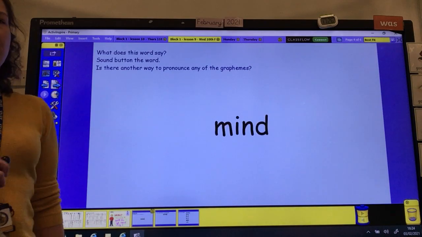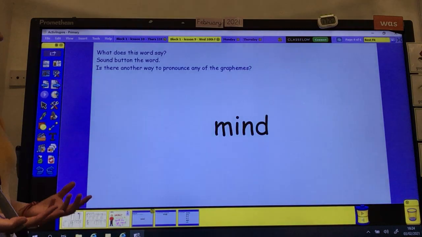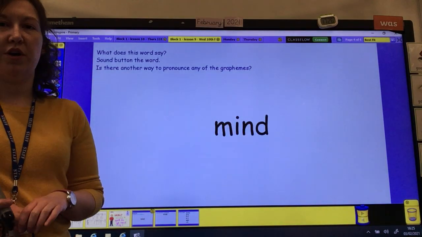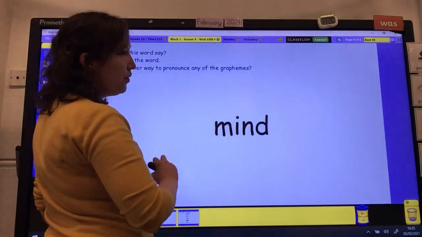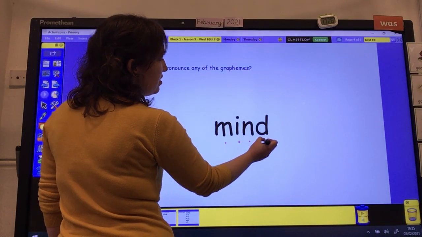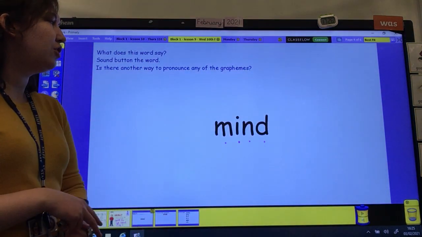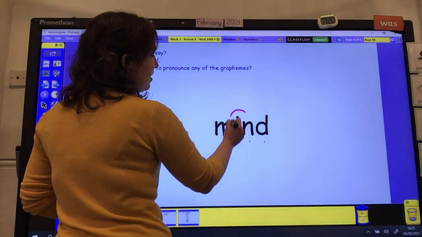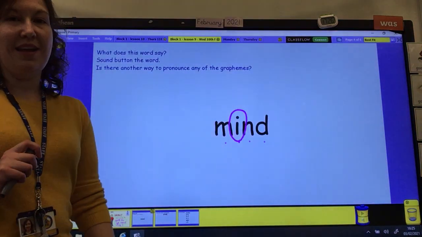So, does anybody know what this word says? Can you sound button the word? Is there another way that we could pronounce any of the graphemes that are in the word? So pause the video while you sound button it. Okay, well done. If you correctly sound buttoned I, d, mind. Are there any letters, any graphemes in there that you could pronounce in a different way? Well done. If you said that this I here could be an I sound, or it could be an I